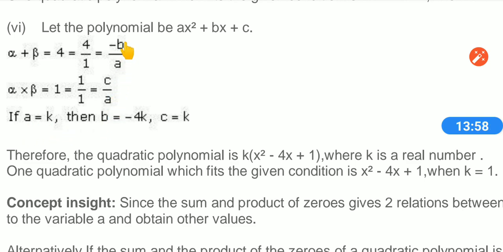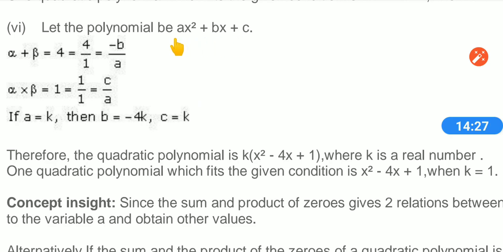In the place of minus b you are having 4. Okay children, means b means minus 4. So b is the multiple of minus 4. So b is equal to minus 4 into k. In the place of c you are having 1. Means c is the multiple of 1, means 1 into k. You are having a, b, c values. Now substitute the a, b, c values here. In the place of a you can write kx square. In the place of b you can write minus 4kx. In the place of c you can write k.